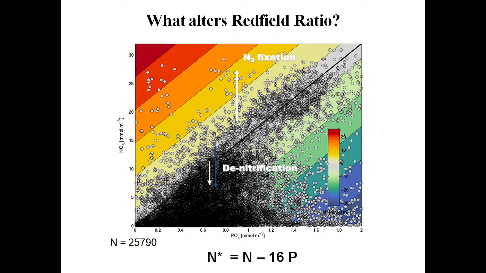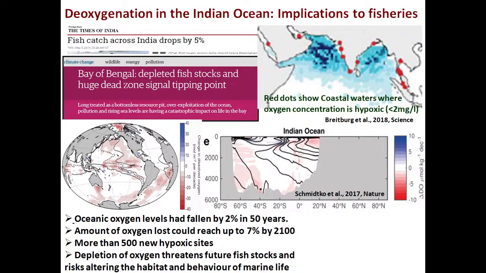Nowadays, because of this eutrophication, the coastal waters are also getting anoxic, and there also this denitrification process may be taking place. So this way we are already losing, and if the expansion of the oxygen minima continues because of global warming, then further the ocean will lose nitrogen. There are already reports that, as I said earlier, high quality measurements show that the Bay of Bengal is very close